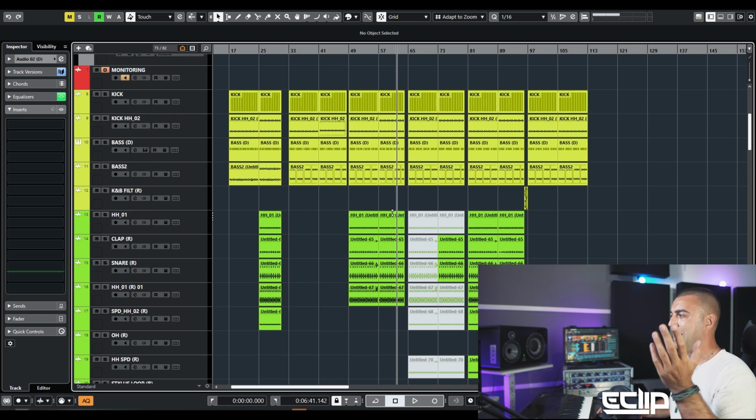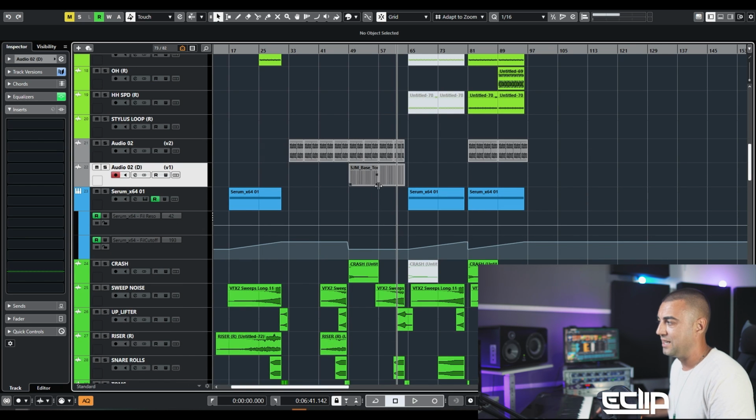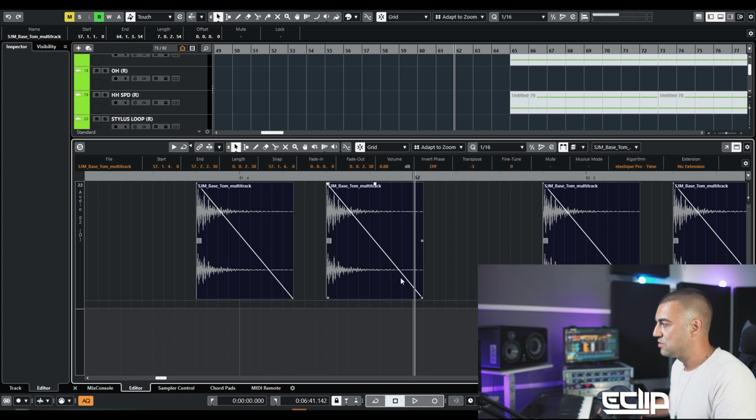Some hi-hats also can be a bit longer sometimes. They can give a good feeling, but sometimes I hear that there's an overlap, especially if you are working in Ableton with a drum rack or some other samplers where you are triggering hi-hats, which will have one note and then another will start, but the first is gonna have the release from the previous one. So I always like to have the percussions with the fade out